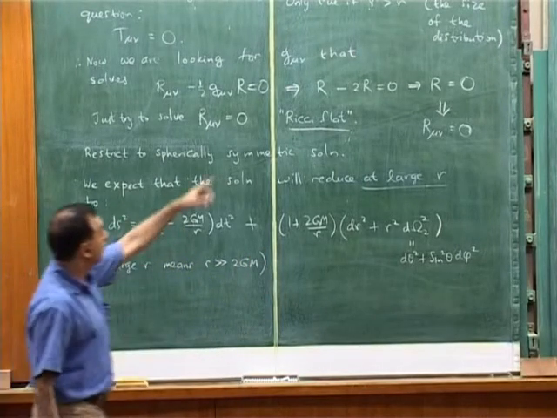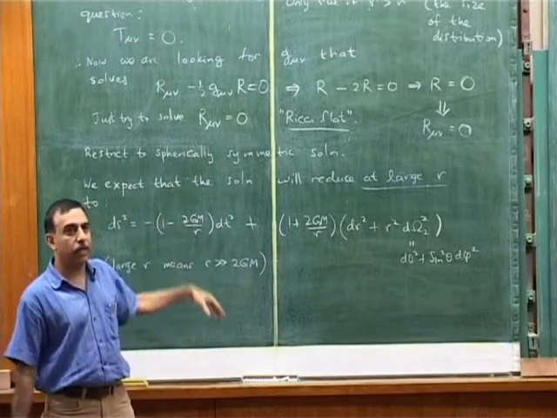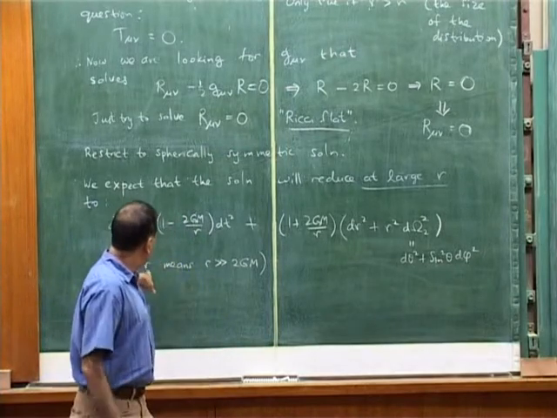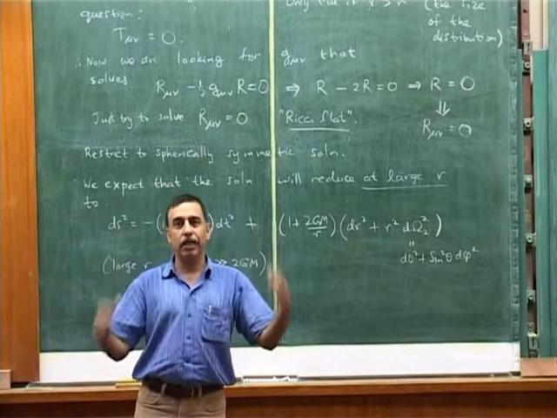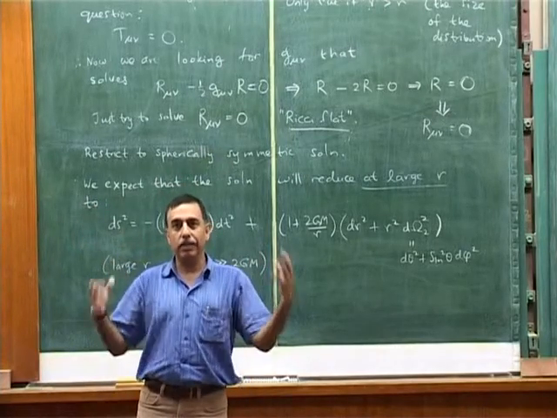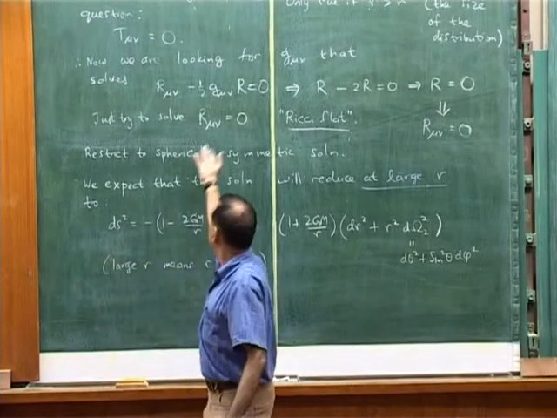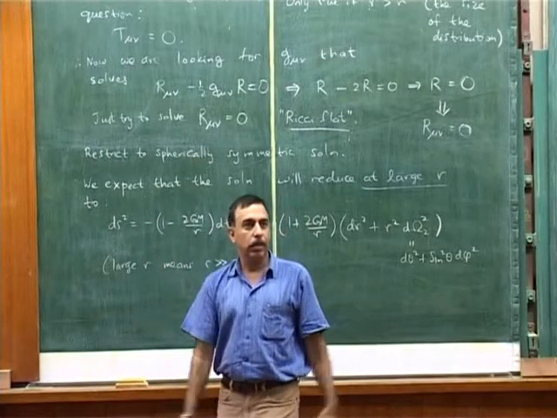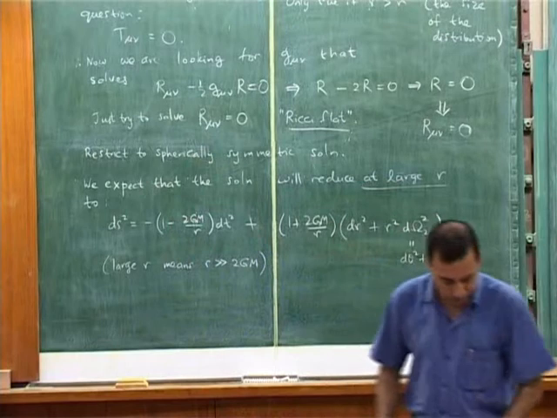However, there's the other criterion: if this describes the metric of a real object, then it can only do that if R is also greater than R tilde, which is the physical size of that object. Because inside that there will be a matter distribution, then there will be a T mu nu, and the equation we are trying to solve isn't the correct equation in the first place. Same situation which is true in the Newtonian case.